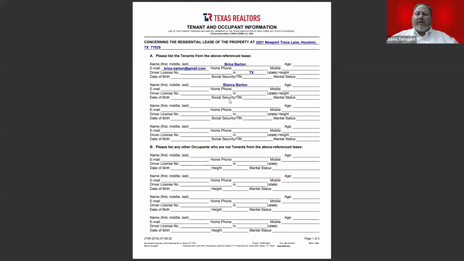Again, it's just another thing that has a lot of personal information on it. I don't really want the liability of having this stuff laying around. Also, if there's somebody that's going to be living in the property, like temporarily or something, we can always add them